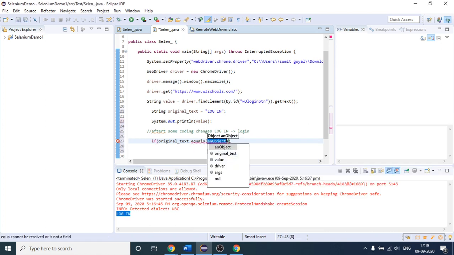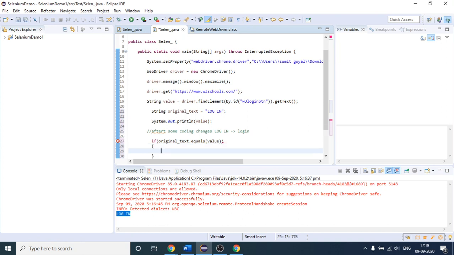So if this equals whatever value we have extracted from the browser, this is the value we have to compare, so let me write value. If the condition is true, then I will say our text remains the same, which is fine.